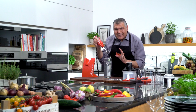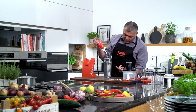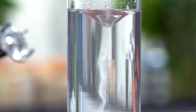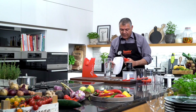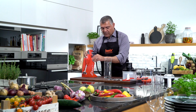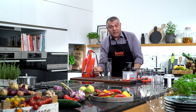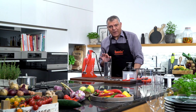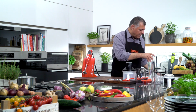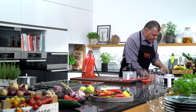and here you have a spinning around. This is just crazy. Look how much it spins. This is absolutely crazy to see. Then you just clean the bamix a little bit, and you see it's still spinning. This is the craziness of this machine. Absolutely powerful, very nice. Just to give you another idea